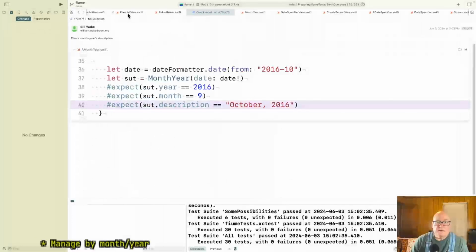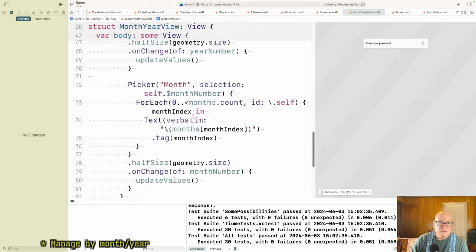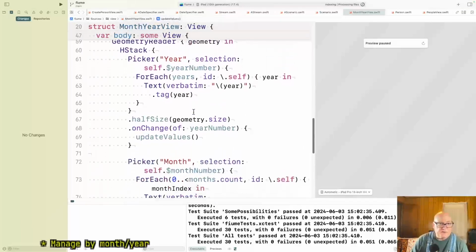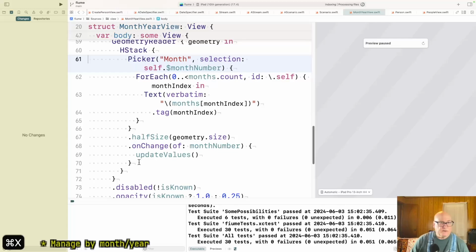Okay, now the month year view. I don't know why I said month year and then I put them in the order year month, but it does seem kind of weird.